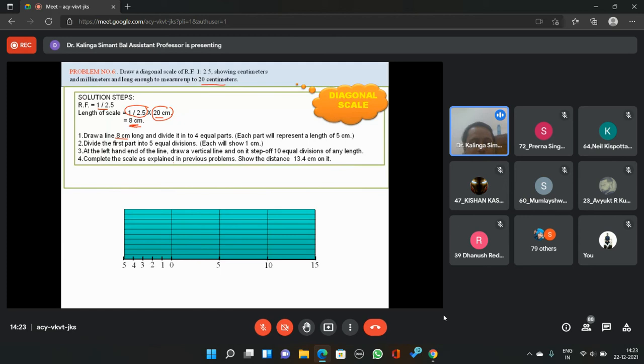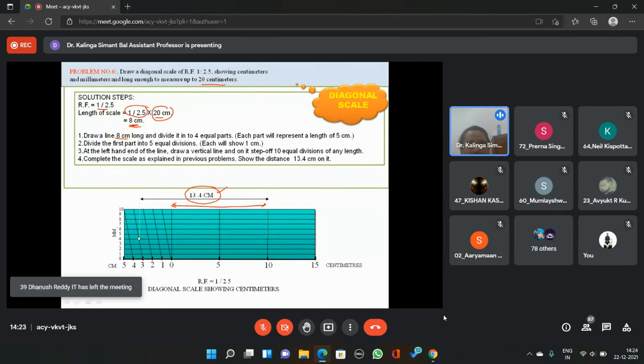Then once we have drawn these horizontal lines parallel to each other, we raise the diagonals, and then we measure the scale. So in this one, for the 13.5, first we measure the 10 cm part on this end, and then move from this end. So 1, 2, 3, and 4. So 14.3 cm, 13.4 cm.